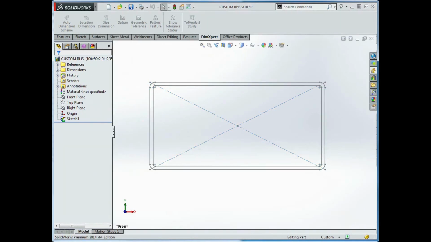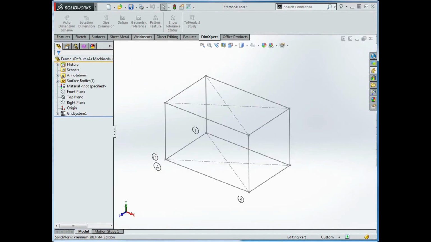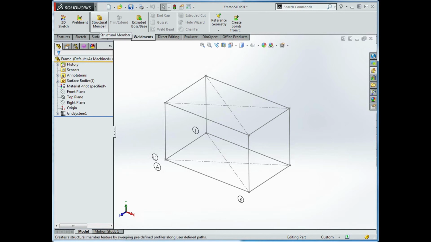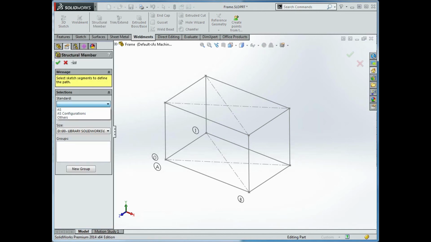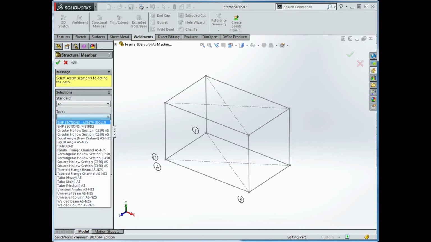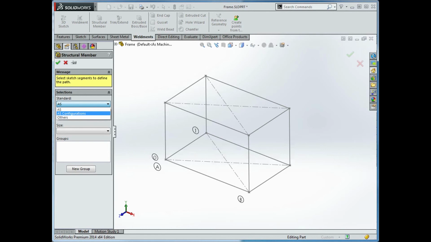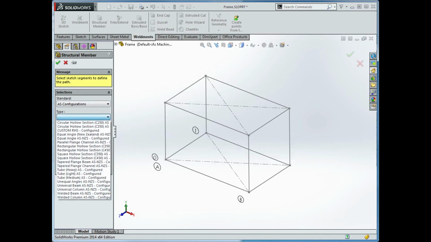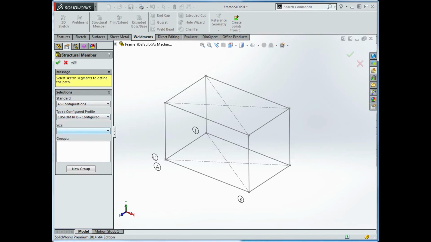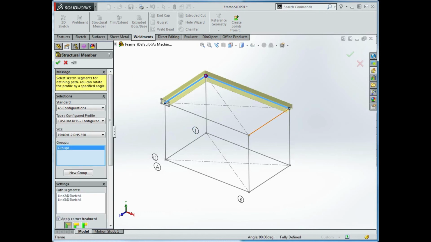Go save. Now if I go to a weldment frame, go to my structural members, go to my standard. So if we have a look at the old-fashioned method, I go standard, then pick the folder, and then pick the sketch. Now I'm going to go to configurations. What it's doing is actually picking the sketch, and the next drop down is picking the configuration of that sketch. Perfect. So there it's completed,